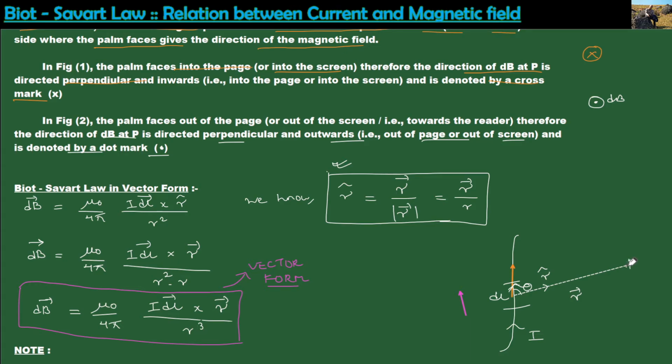So at this particular point we have the magnetic field. Remember, you have to use the right hand palm rule. You have to outstretch your fingers. This will be the direction of I, and this will be the direction of r, and then your palm is facing down. So at that particular point, since the palm is facing down, the magnetic field is perpendicular and into the screen,